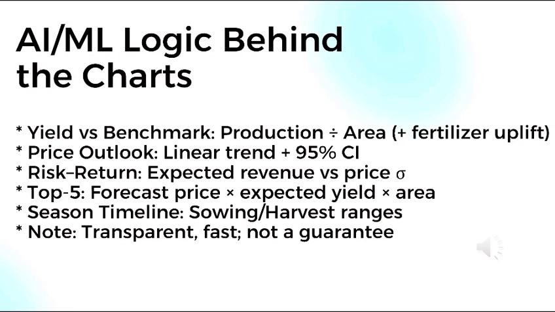The risk-return chart compares expected revenue to price volatility. Top left crops are safer and more rewarding. Top 5 crops are ranked by forecast price multiplied by expected yield multiplied by area baseline. Season timeline shows